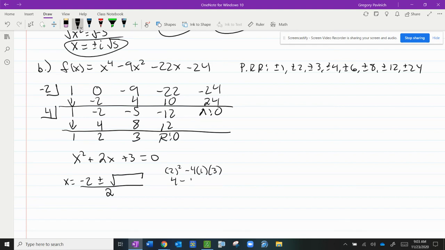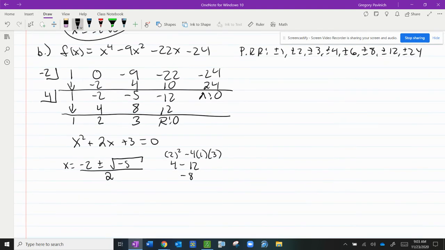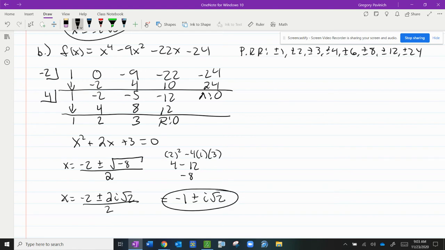and I get 4 minus 12, which is -8. So I do have 2 complex. Split up my 8, it's 4 and 2, so 2i root 2, all divided by 2, and I get -1 plus or minus i root 2. Boom, there are my 2 complex. Wouldn't show x-intercepts, and my real, well, those would be -2, and those would be my real x-intercepts. Okay,